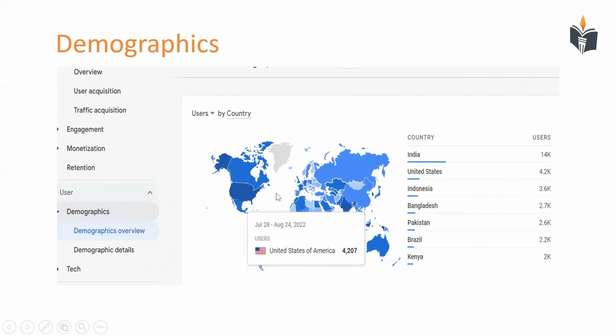Demographics. So in demographics, you can see where your users are from, and this is the world map. When you take your mouse pointer through this chart, it will show the data for each country. So in this case, when the mouse pointer is at the United States of America, it will show how many users were there from the United States of America. So this is how demographics is taken care of by Google Analytics and how well represented it is.